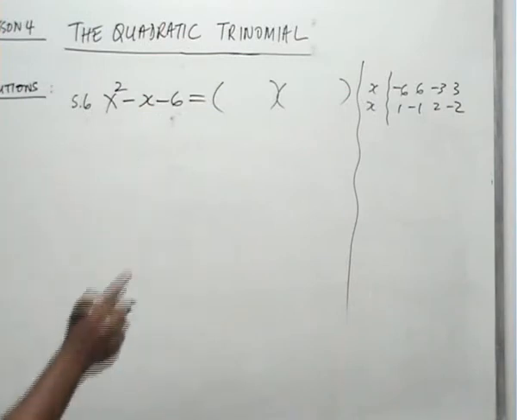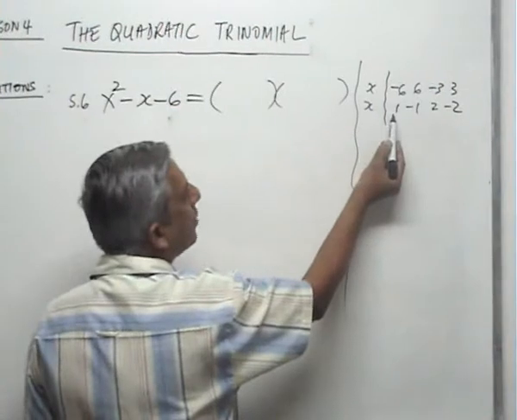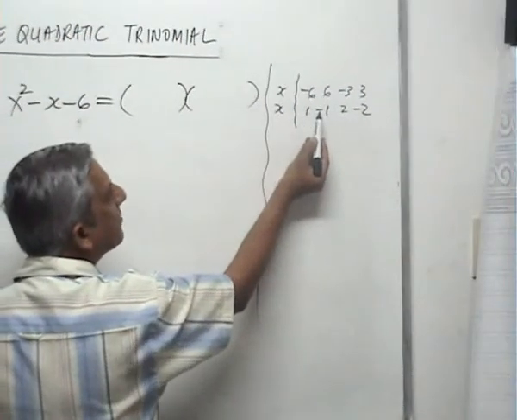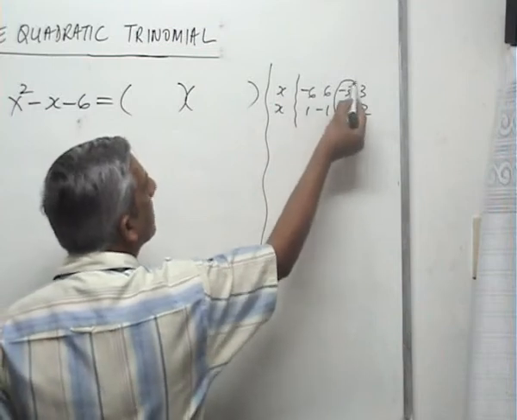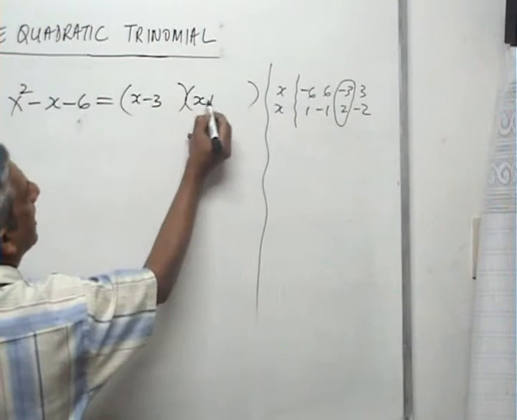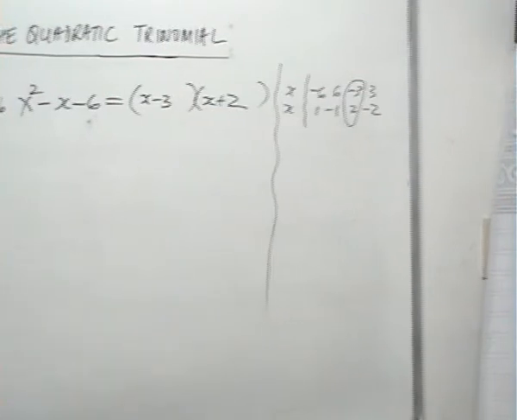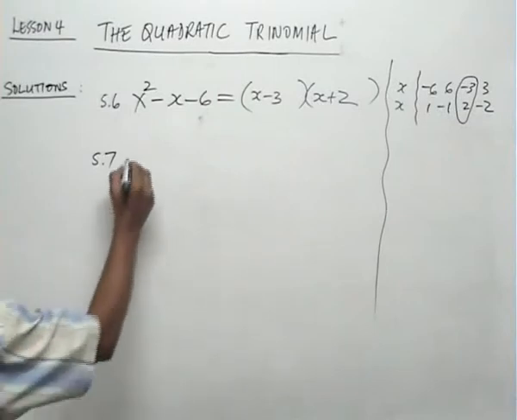So which combination from there is going to give us minus 1? If I add these two, I get minus 5. This gives me plus 5. This gives me minus 1. Oh, so it's this one. So it's x minus 3 into x plus 2. 5.7